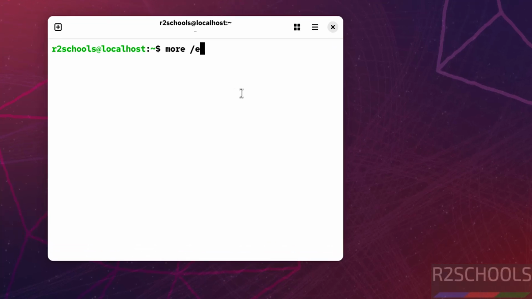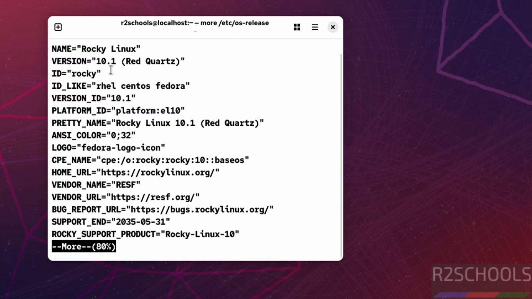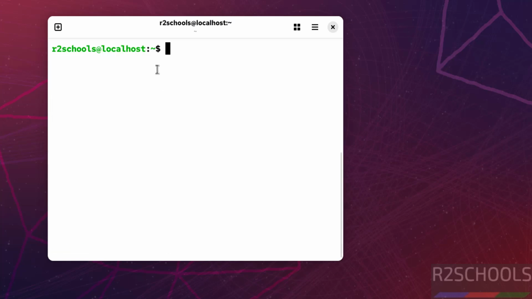More /etc/os-release to verify the version of the Rocky Linux that we have installed. See, we have installed version number 10.1 and this is the code name. Q to quit. The first step after